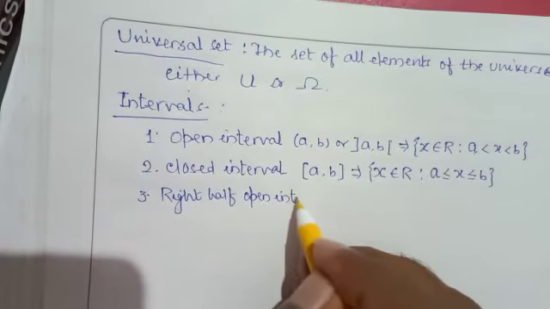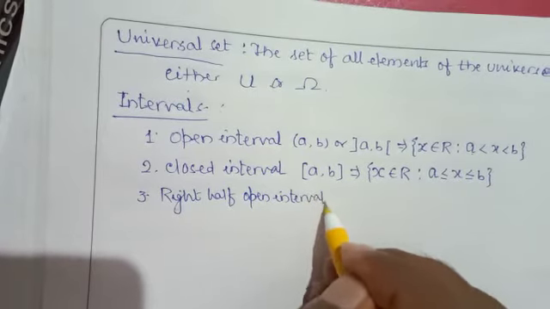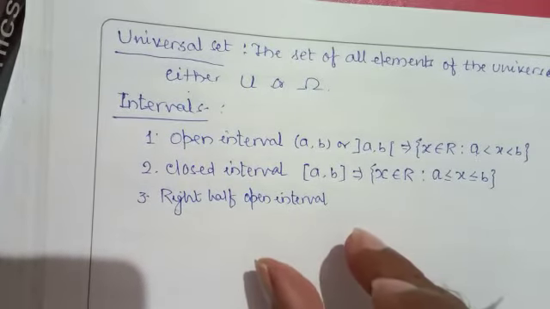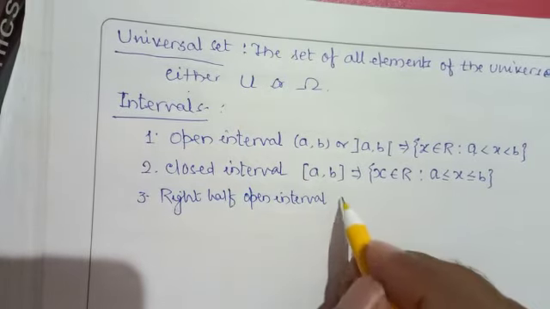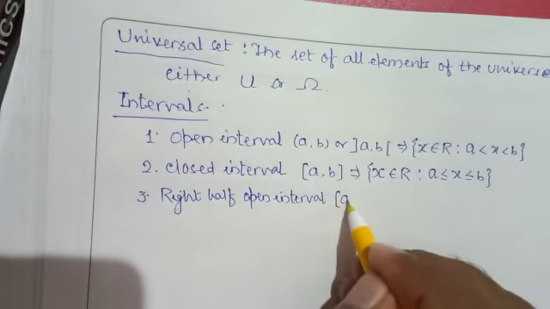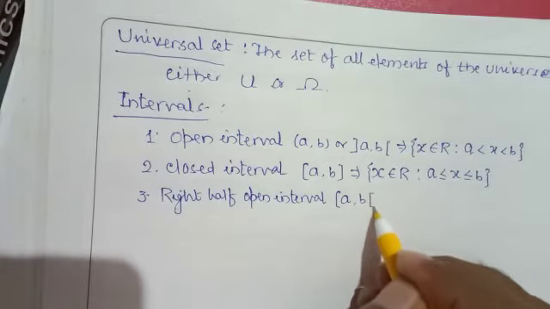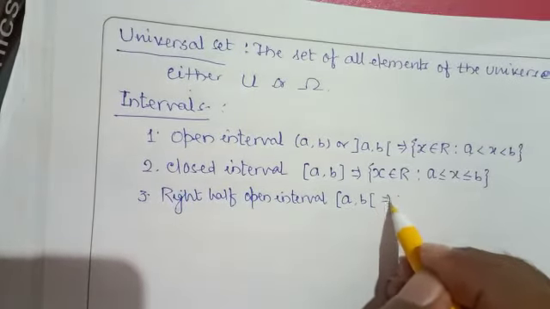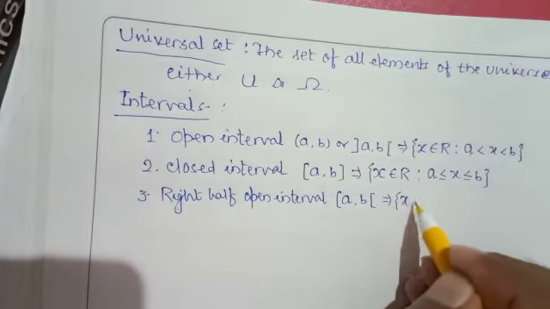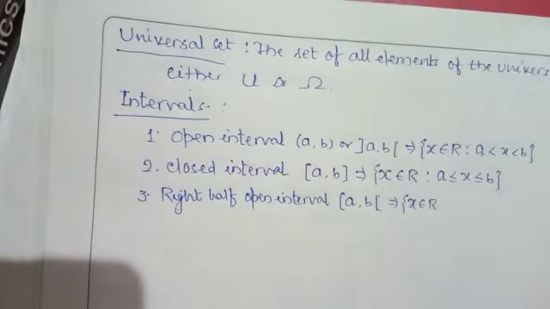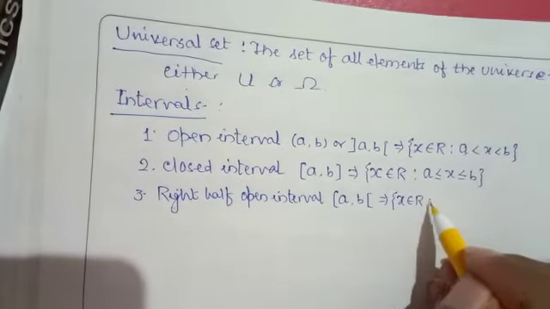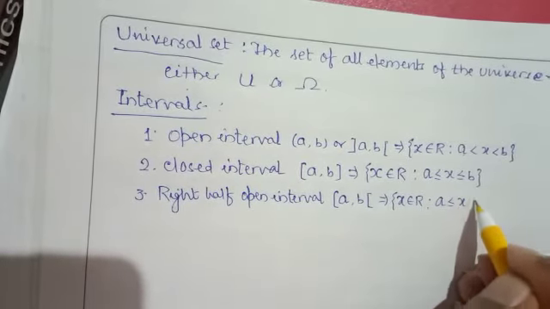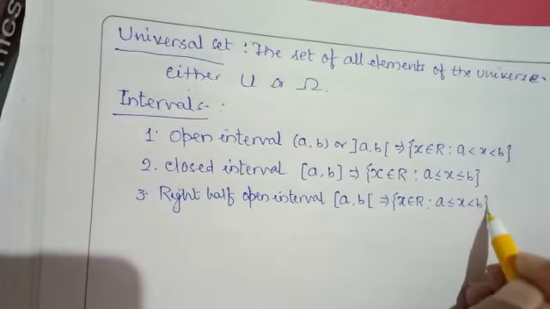Right half open interval means that it is closed from the lower value, that is A, and B side is open. It means x, which is always a real number, the value of x starts from A, x, but less than B,